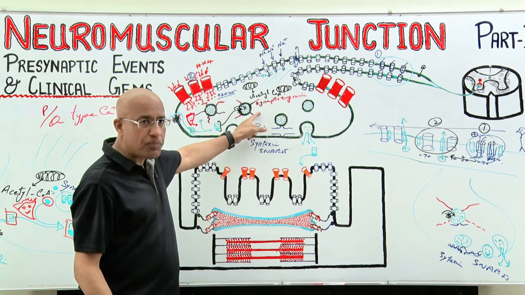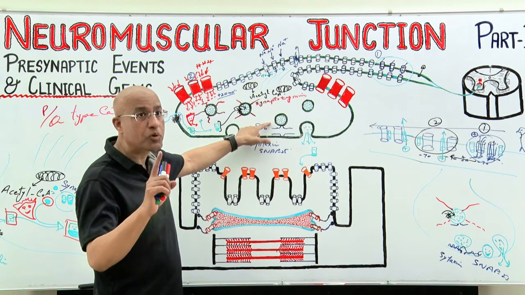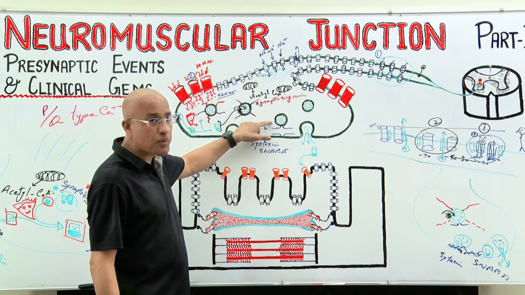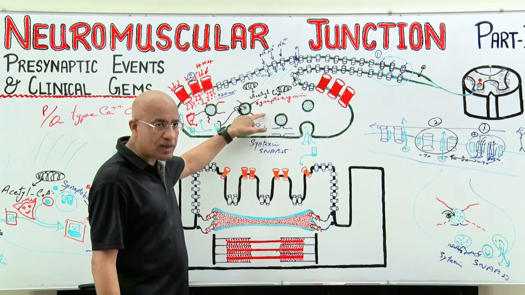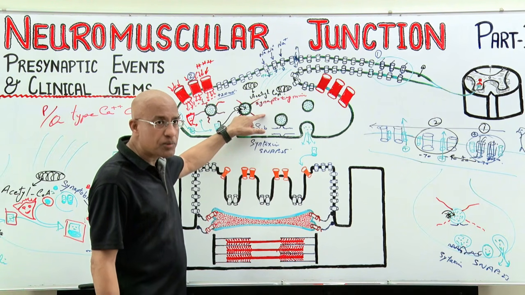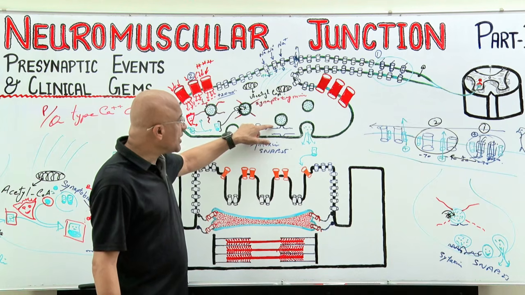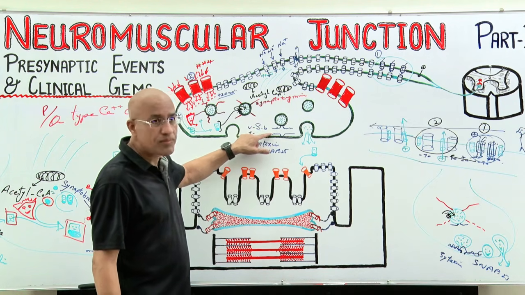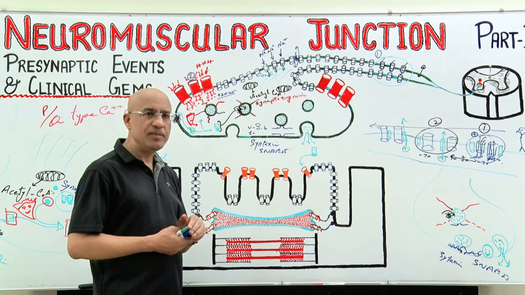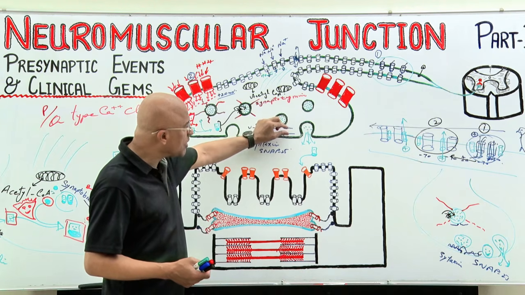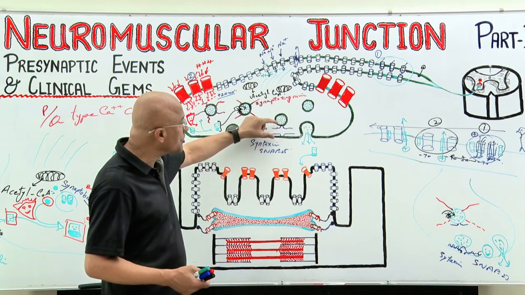Synaptotagmin, calcium binds with synaptotagmin. Remember, synaptotagmin is not part of the SNARE proteins. Once synaptotagmin is under the influence of calcium, it no more inhibits the interaction between V-SNAREs and T-SNAREs. V-SNARE, synaptobrevin; T-SNAREs, syntaxin and SNAP25. They interact with each other, they coil with each other and force the two membranes to fuse